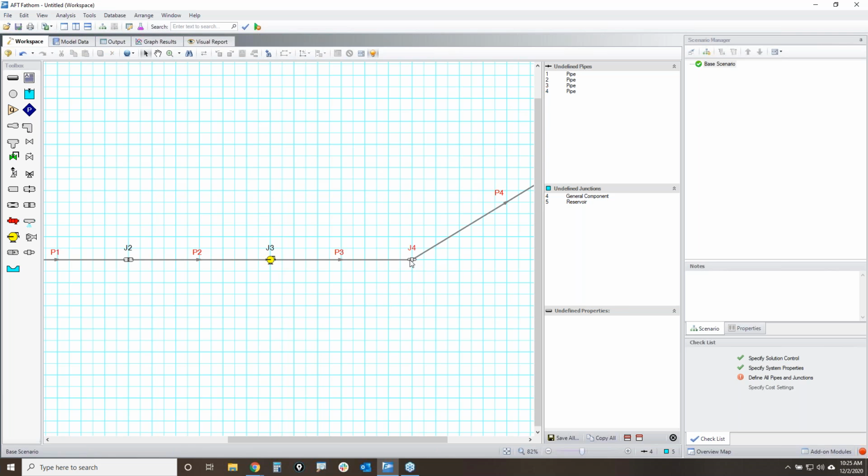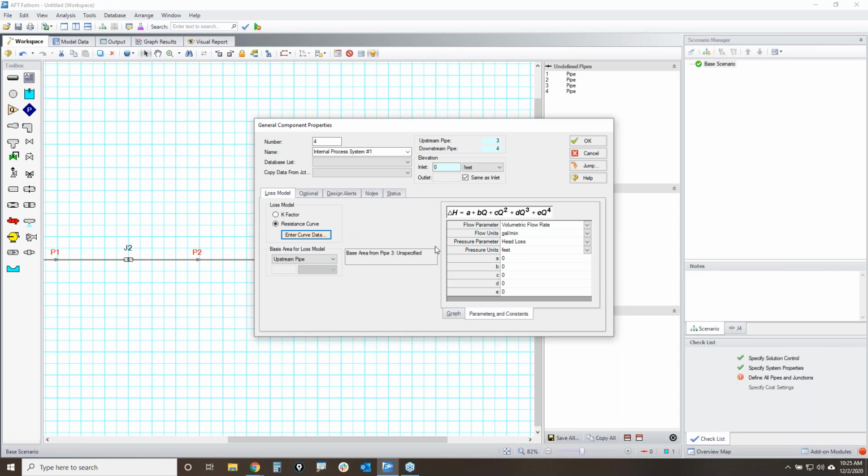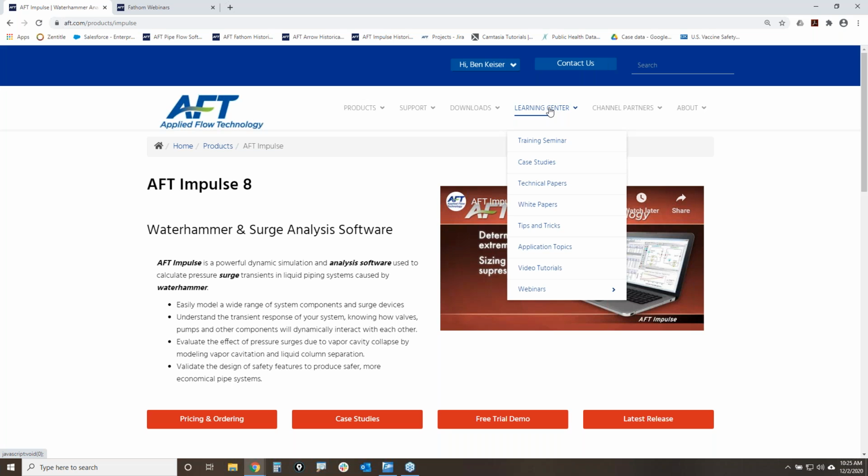All right. Now this right here is going to be an internal process system. I'm going to call it internal process system number 1. And just like I mentioned, you can model a resistance curve to model the effects of a physical component like a filter or maybe even a heat exchanger, or you can use it to model the hydraulic behavior of an internal part of your system. And so I want to take you to a quick case study here under the Learning Center